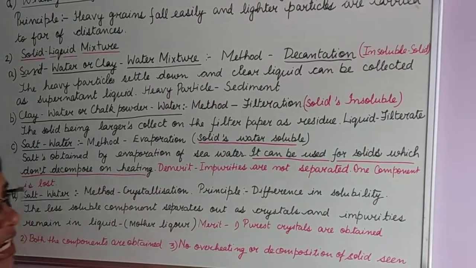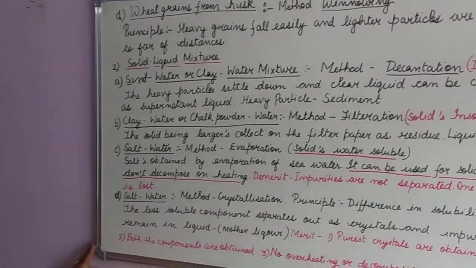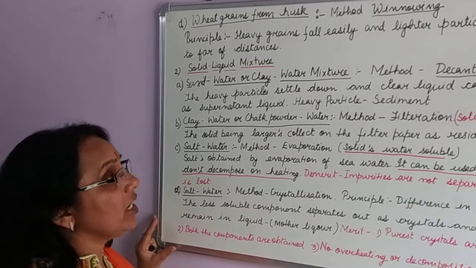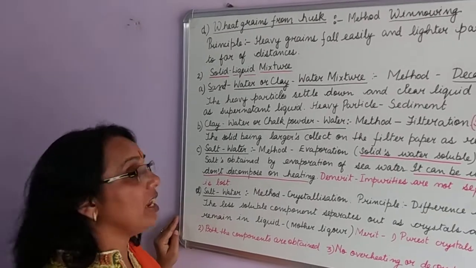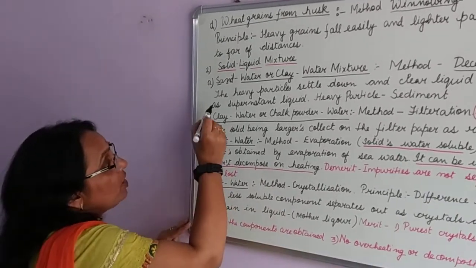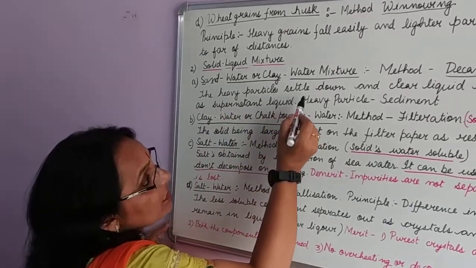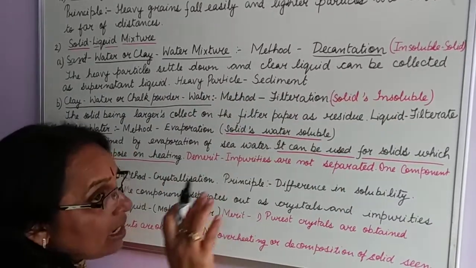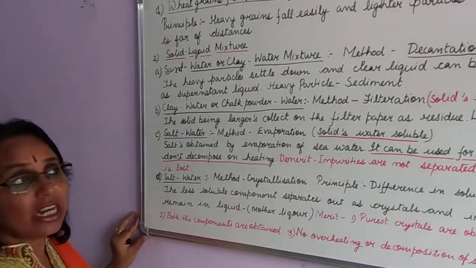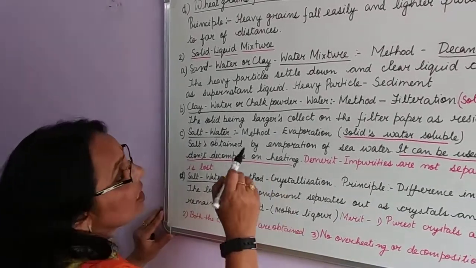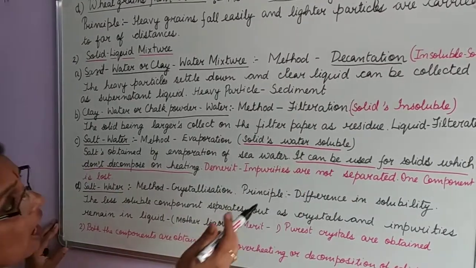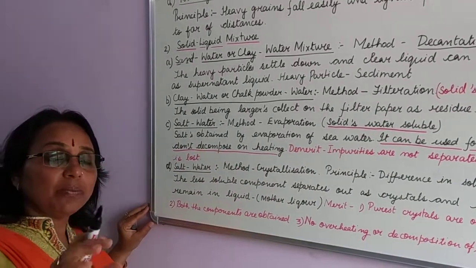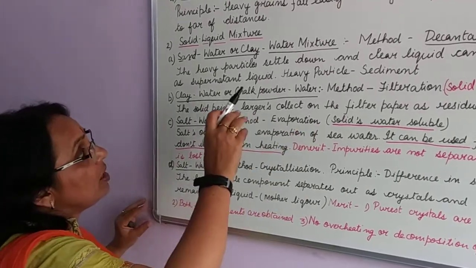decantation. Now in decantation, what is done? The mixture is taken and we add water to it and it is stirred well. When water is added and stirred well, the heavy particles settle down and the clear liquid can be seen in the container wherever you have collected the mixture. So this clear liquid can now be collected from the top slowly with the help of your beaker, and